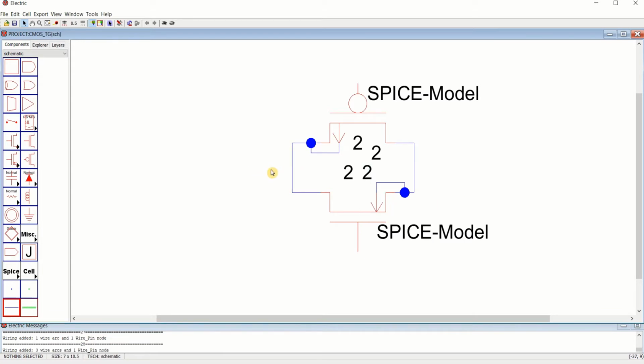This acts as input, so place an off page node. You can enable the grid by using Ctrl G. You can see that.